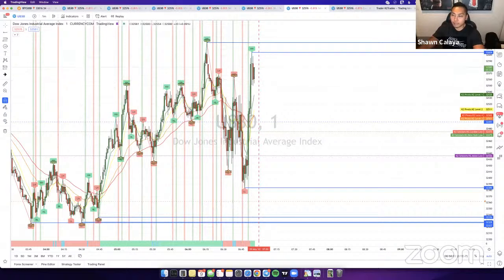Thanks, Fahad. Thanks for reminding us. We do have low impact news in about 6 minutes, or 4 minutes now. It's 6:56 right now. This red line right here is indicating a news event. So when the news comes out, we will draw news price and we'll use that to our advantage to identify another area to avoid.